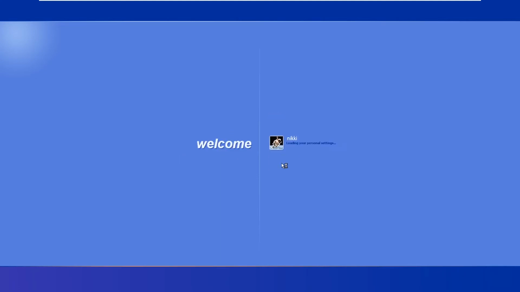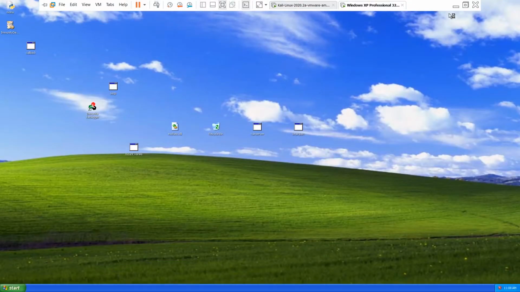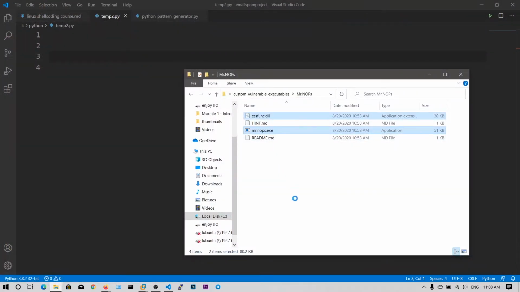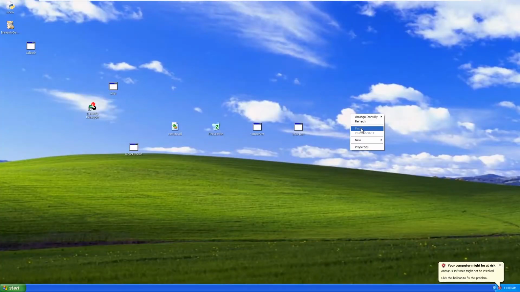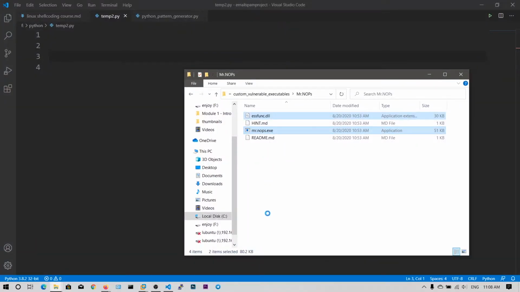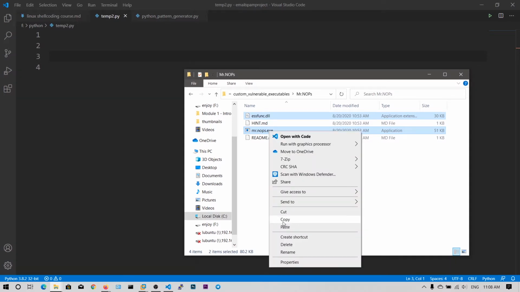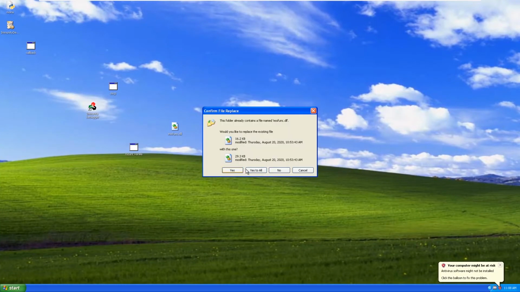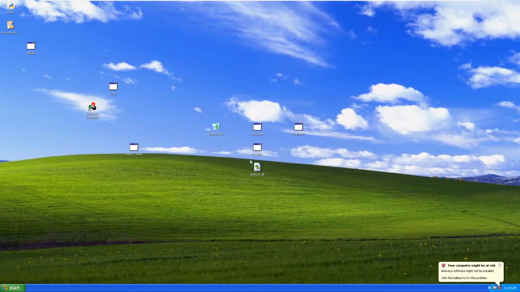Now I'm going to log into this as the Nikki user. Now I'm going to copy these two files into my Windows XP. Okay, let me try to copy again. Okay, fine.